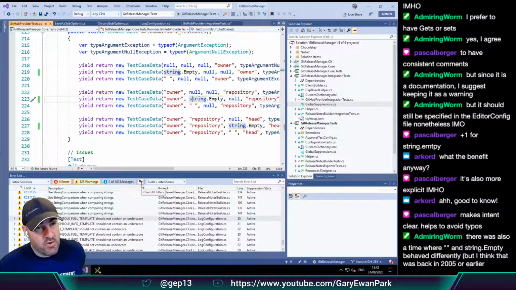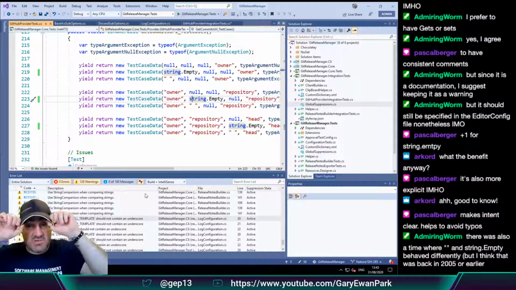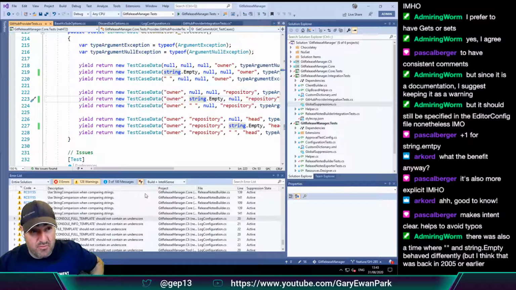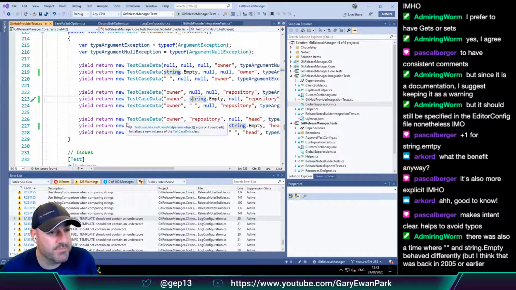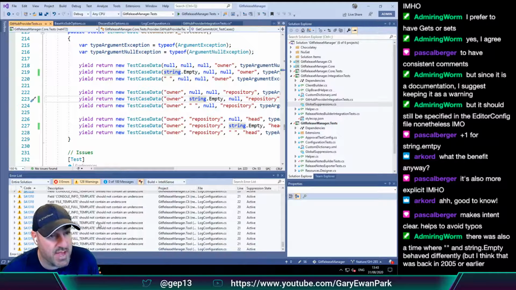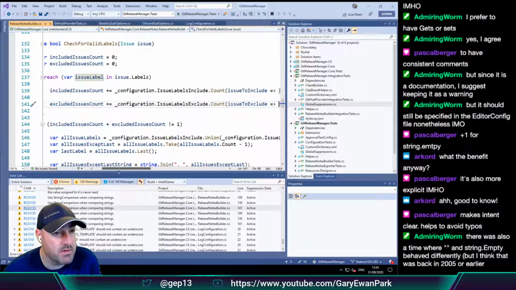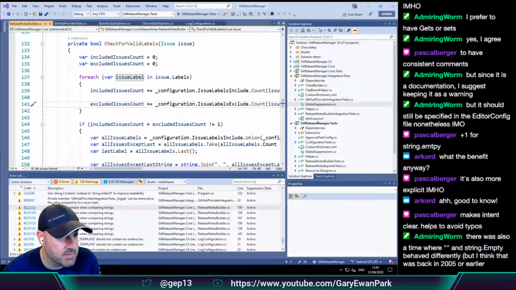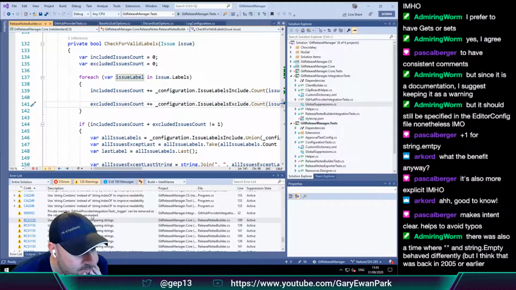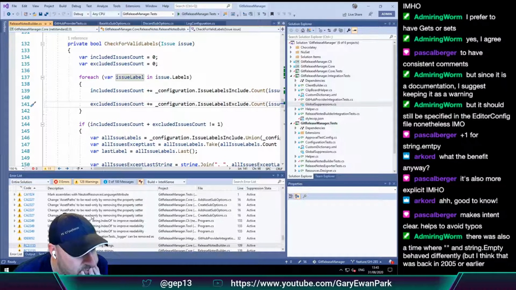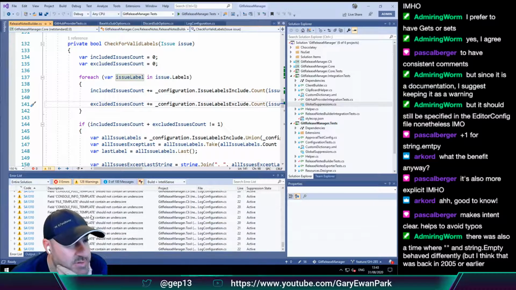It's one of those that I always got in the habit of doing. When I started off using StyleCop, I just applied all the default rules, and through muscle memory I got into the habit of doing string.empty. So some of these things you forget why, but you just know that it's a good idea. Use string comparison. That's just a given, but I'm not going to do that one today. Come back to that one. What else can we fix? Because that's all the style. That's most of the StyleCop ones.